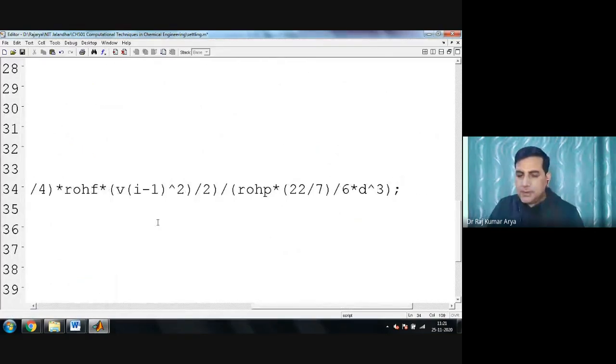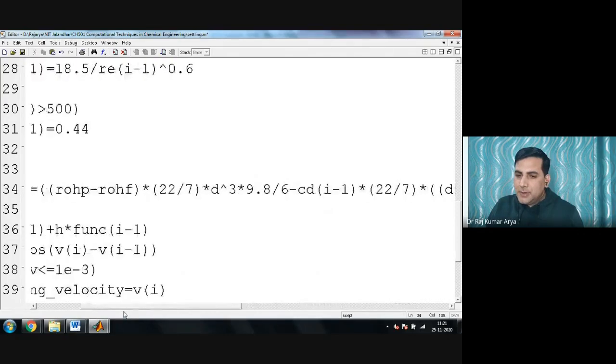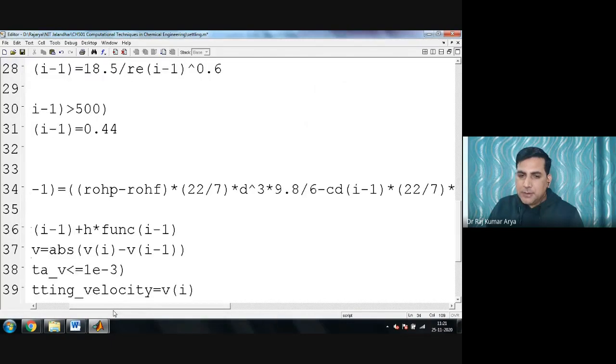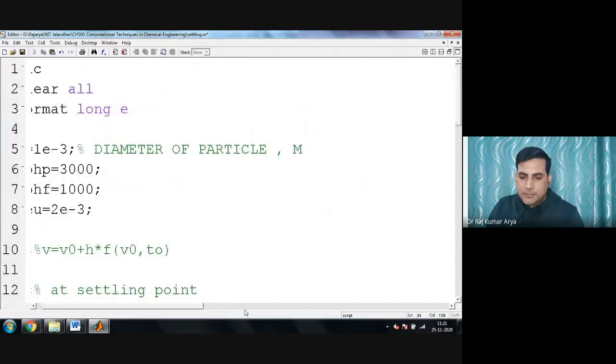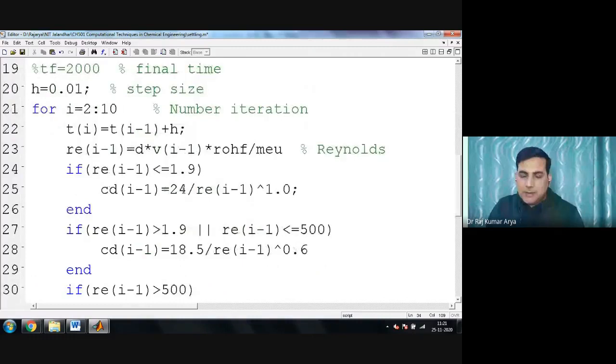I'm not interested in this print. Now question is there that somewhere this value is rho particle and rho fluid. Particle is fine, good. So let me change this thing for time being.